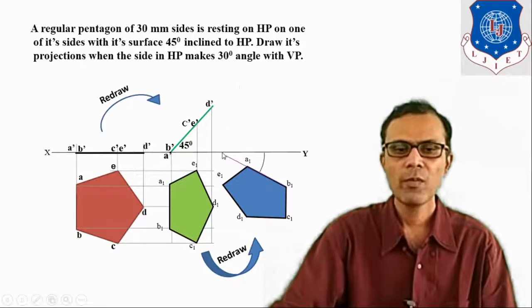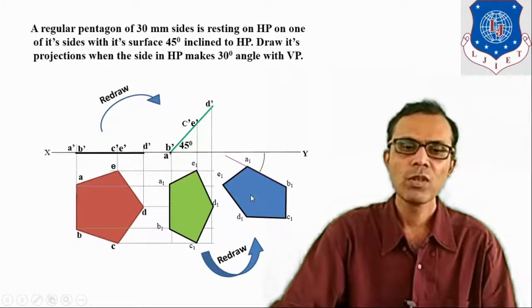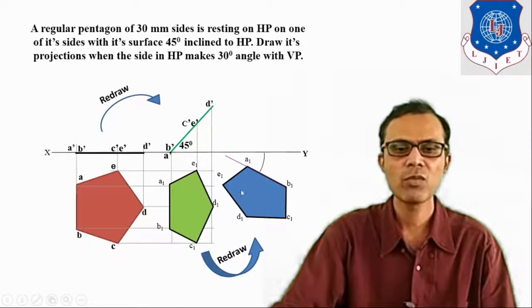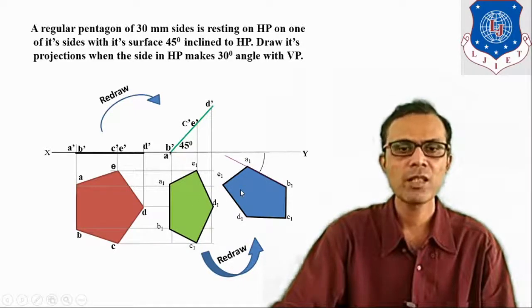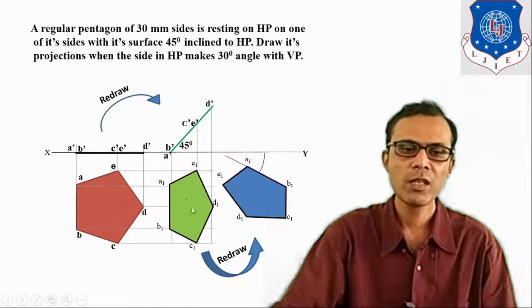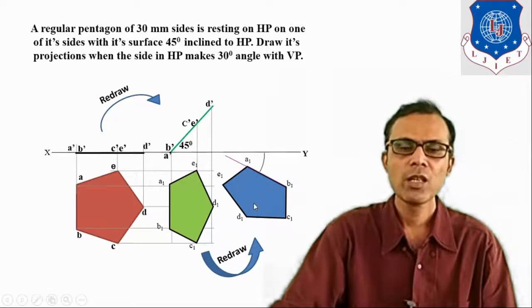Here, from the XY line, this distance can be any distance you take, but you have to notice that this view is not overlapping with this view. It is an important point. You have to take the distance in such a way that it will not get overlapped with the previous stage view, or cross this XY line. So by considering that important point, you have to redraw this final stage top view.